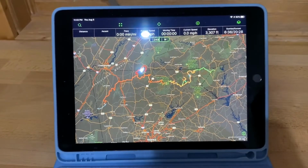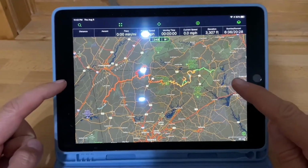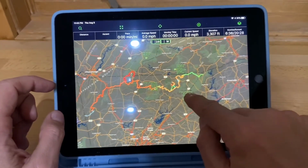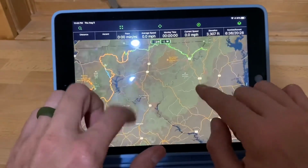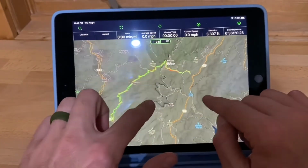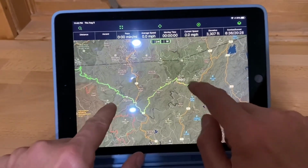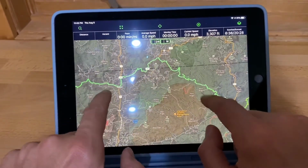Once you download the GPX files to Gaia, here you go. This is what you got. This is Gaia. Here's the Georgia Traverse. And these different colors are based on the days that we did. So the Eastern Trailhead is over here close to Burrells Ford. This is Burrells Ford Road. And so we were here about 5 o'clock. We drove everything you see in green here. We drove those miles